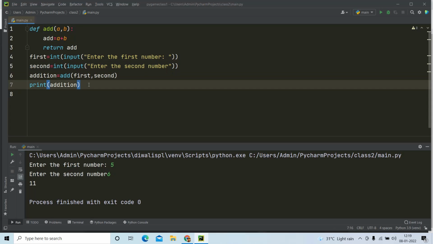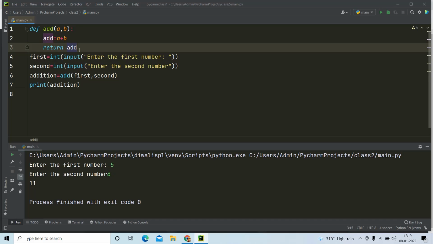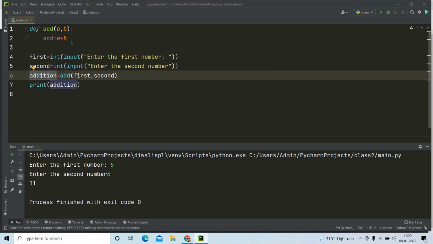And now we can see different types of functions available. It is always optional to write a return statement. If you're not writing the return statement, then by default it will be returning None to you. So here I have added a plus b and I have called and made addition over here, but I forgot to write the return statement to add. So if I run and see this program now, can you see None is printed? By default, every function will return None.